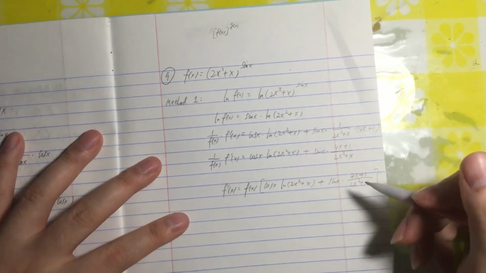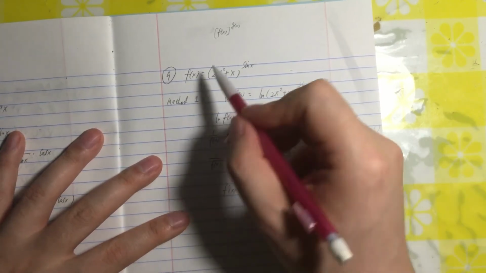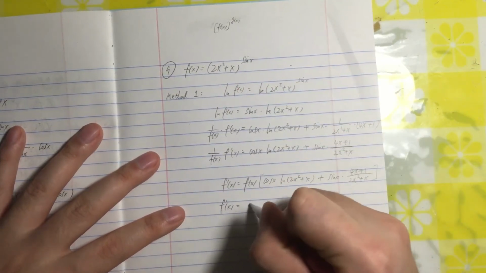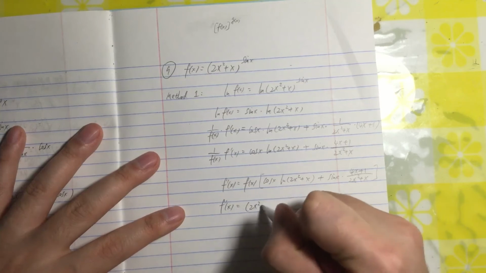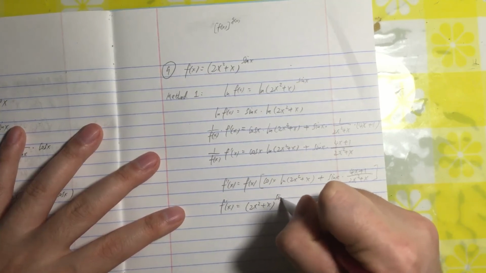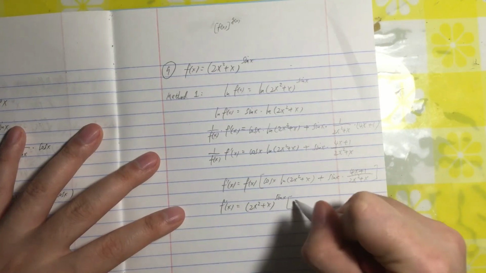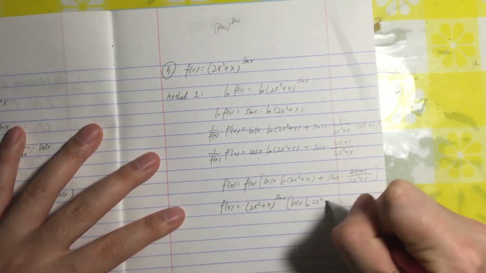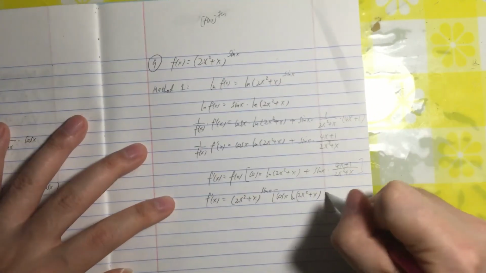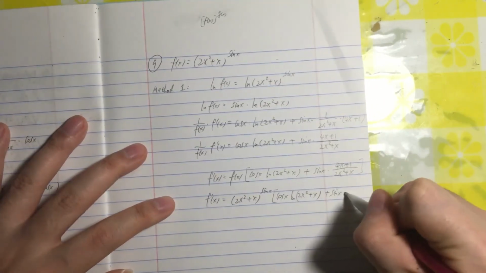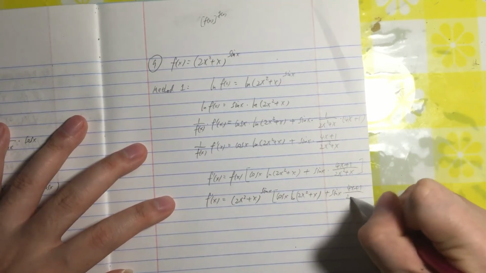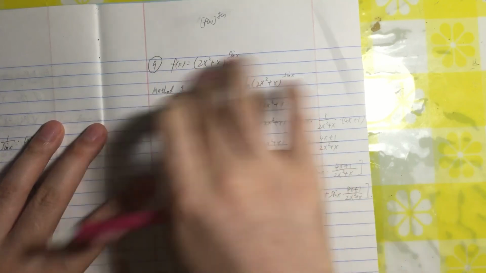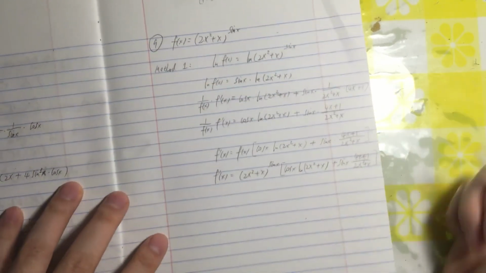Then, for the final answer, replace function f with the original function. So the final answer is f prime of x equals 2x squared plus x to the power of sine x, times cosine x times ln of 2x squared plus x, plus sine x times 4x plus 1 over 2x squared plus x. That's the derivative of this function. That's the first method. For the second method,